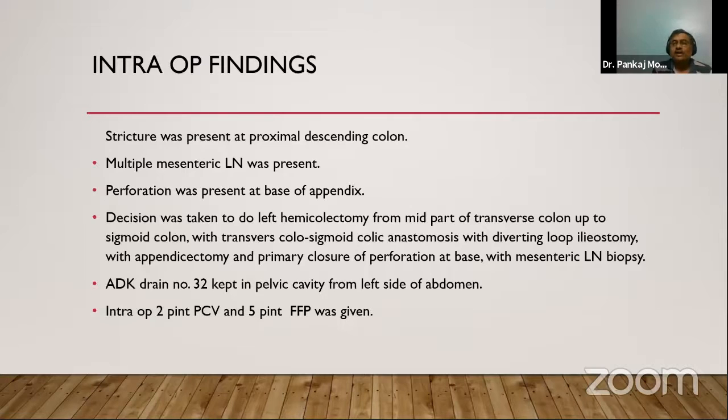I would like to remove that bad part. But if at all you want to remove, that is the other option: one proximal end, and one mucous fistula. So in a young patient, it is better to remove the diseased part and then do primary anastomosis rather than taking the chance of doing a transverse colostomy. That should be the first priority.